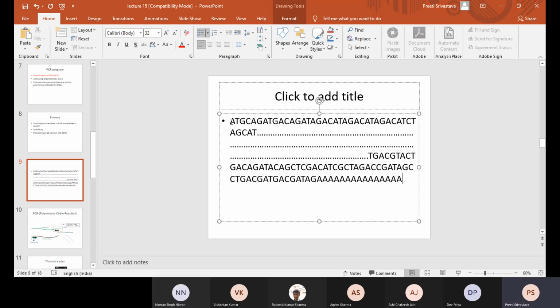In such a situation, for example, you have a stretch of A's, and you have a sequence here. You don't want to amplify the entire, okay, let me do it this way. You have a stop codon after this, and you need to amplify the whole gene from this point to the stop codon, correct? So in this case, you don't have a choice. You will have to use these A's.